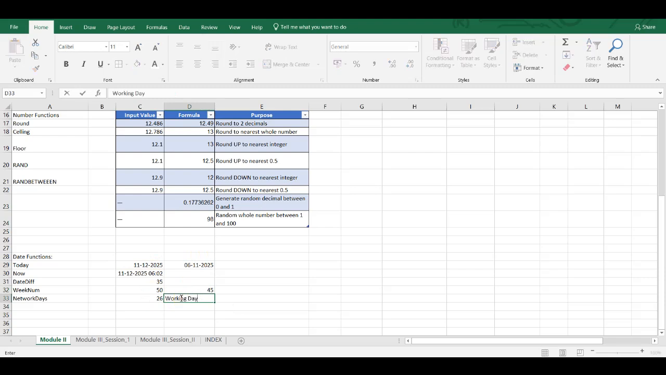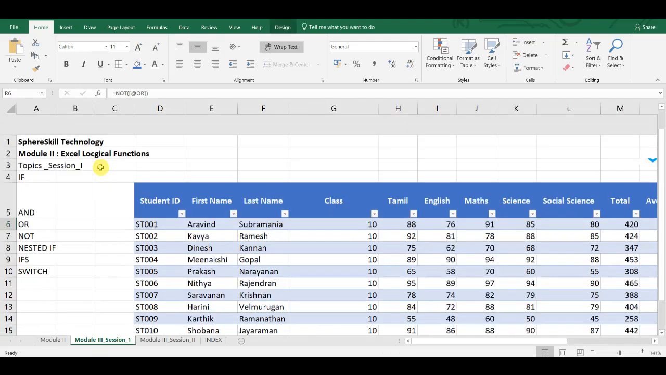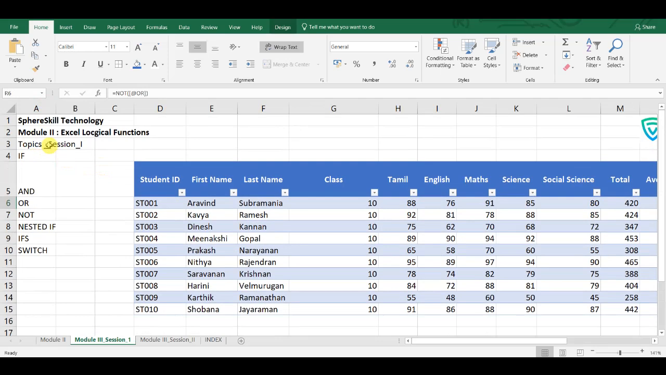In module 3, we went through our logical functions, which are nothing but IF, AND, OR, NOT, nested IFs and SWITCH. So what is the difference between IFS and SWITCH, or IFS and IF, we have also seen, right? So for this we have used our